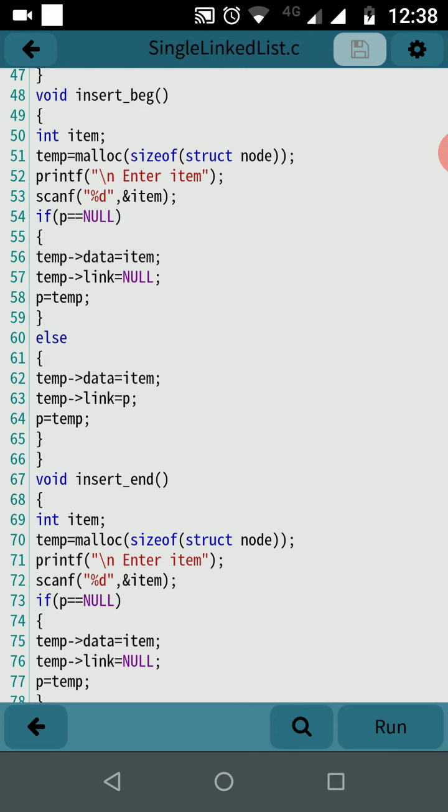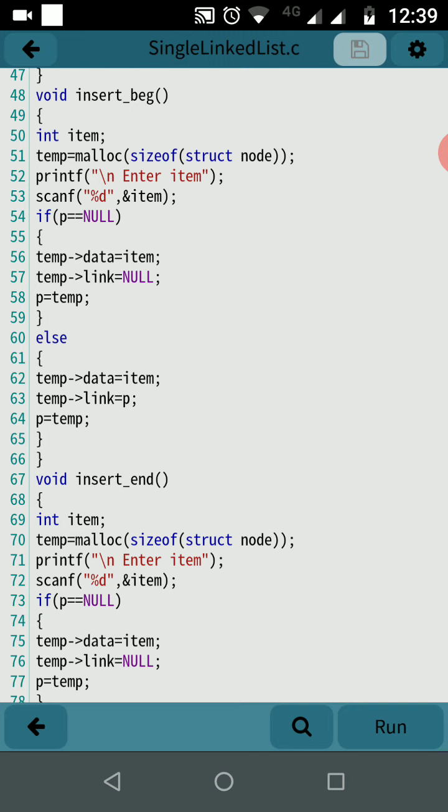As this list is empty, because p equals null, that temporary node will be the first one and also the last one, so we have to fill up its link part with the null value. Also we have to set the external pointer p equal to temporary, so that the node which we are inserting at the beginning when the list is empty is the first node of the list. That's why the external pointer will point to that node.